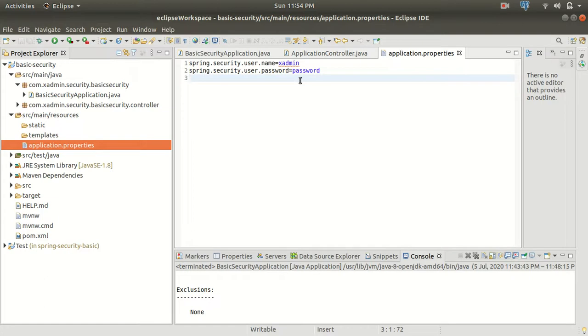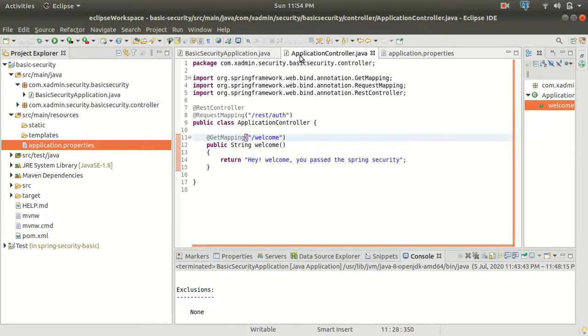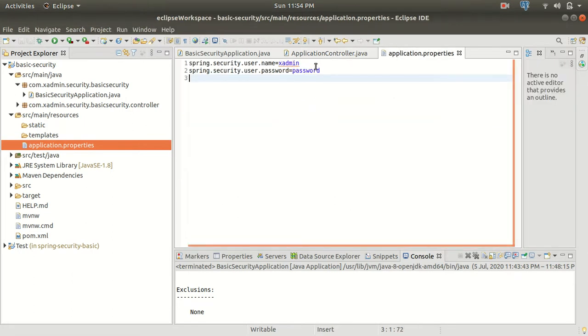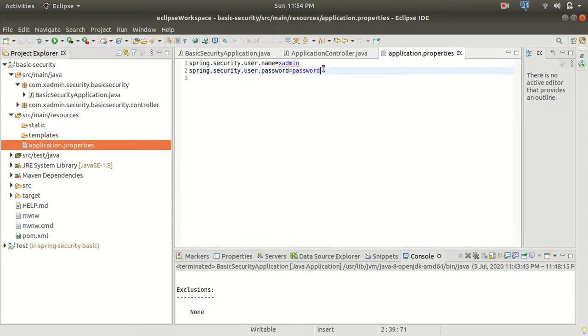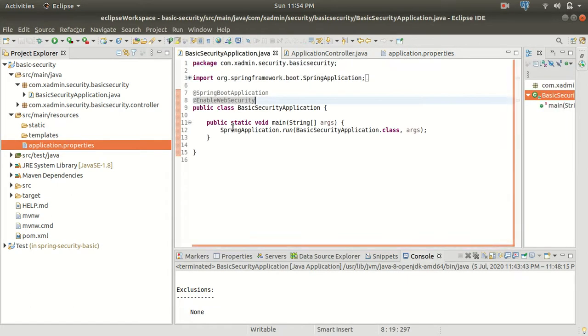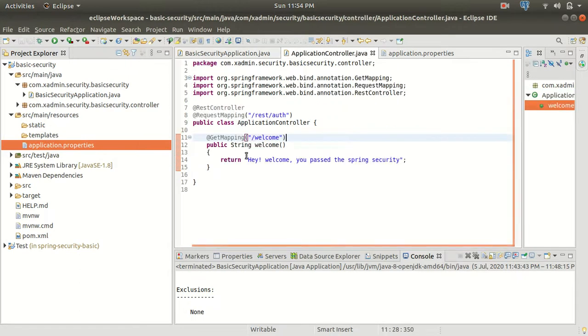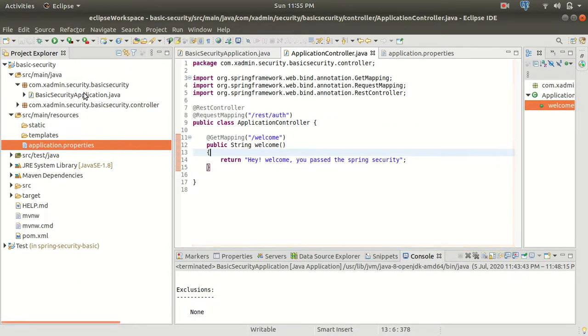And now I will start the server, and as I hit this request URL, it is going to pop up a login page in which we have to enter the username and the password. The username and the password will be matched with the application.properties file username and password. And if this passes, it is going to return this string to our browser. All right, so let us start this